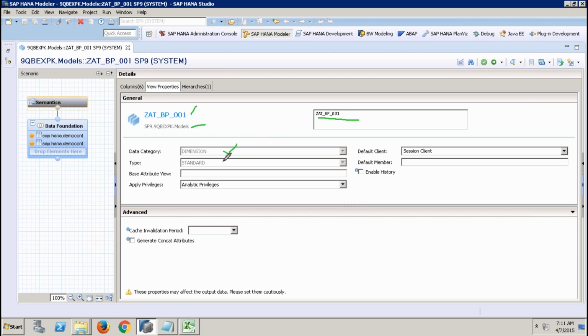And then you see the next property as a type of attribute view. We've seen there are different types of attribute views, right? Standard, derived, and time. And this property type will tell you whether it is a standard, derived, or time based attribute view. Suppose if it has been derived, this property will tell you what is the base attribute view from which it has been derived. For example,